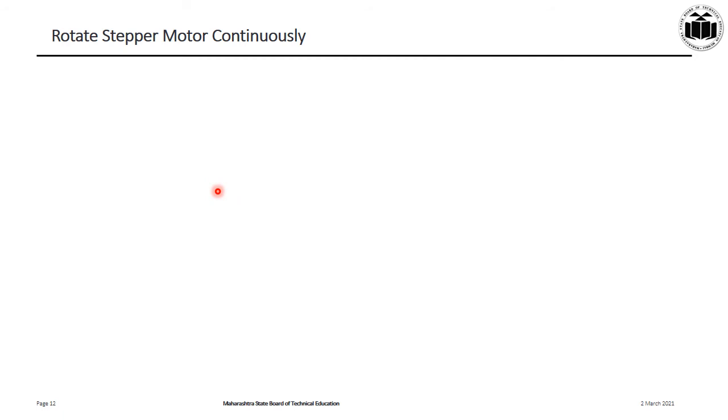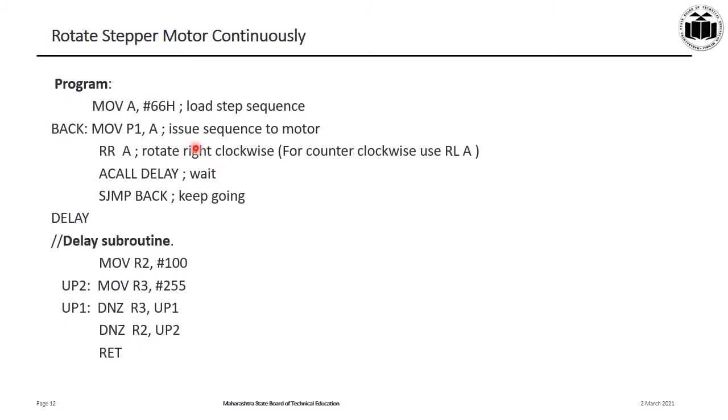Another way of writing the above program and rotating motor continuously is we load immediate data 66H in accumulator, and then accumulator is moved to port 1 to issue the sequence to the motor, as motor is connected on port 1. Now the accumulator is rotated right to rotate motor clockwise. Once we do that, 66H will become 33H. Again rotated right, it will become 99H, and then it will become CCH. This can be checked,